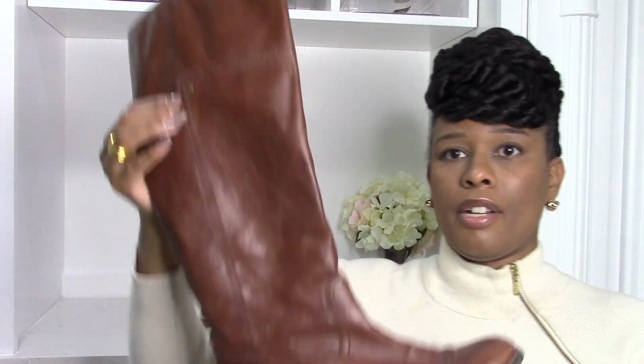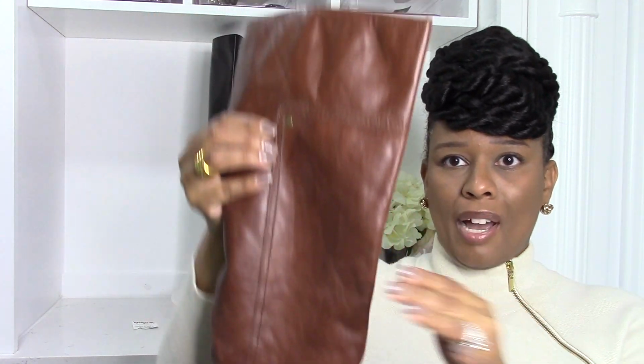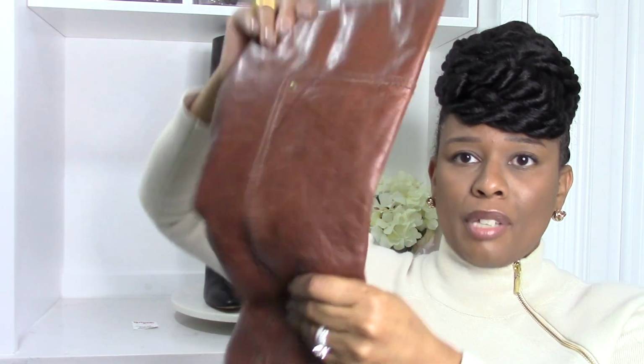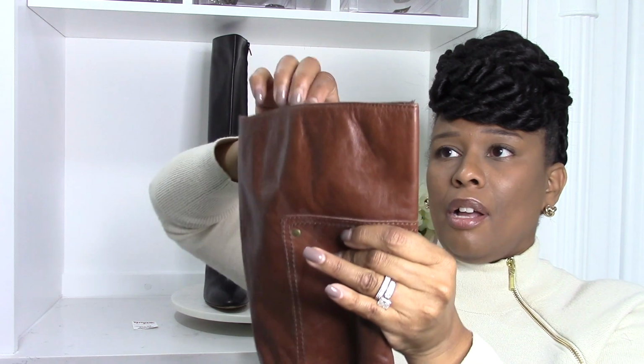I'm going to show you a pair of boots that I've had for several years, but I'm getting rid of them. I'll show you what happens to the inside of boots that are not leather. Now here is a brown riding boot that I had for, oh my gosh, many years. I would say at least 8 years. I've shared these in other videos, like when I did outfits on how to look expensive for a fraction of the cost. These boots, I love. The leather on the outside is excellent. I love the softness, the suppleness. They were so comfortable. But on the inside,